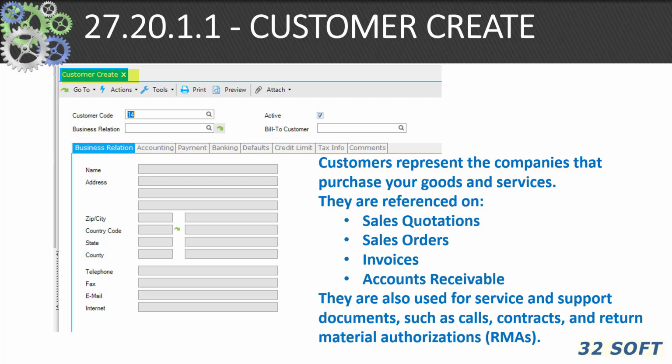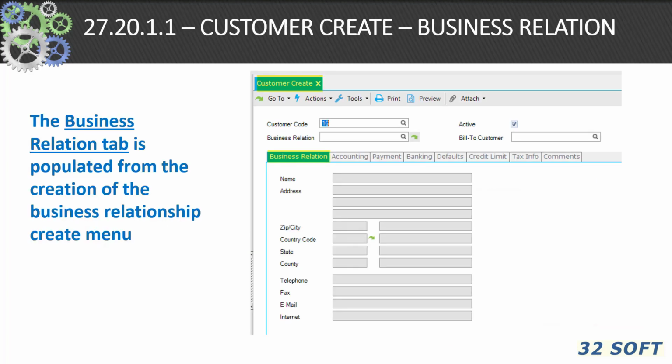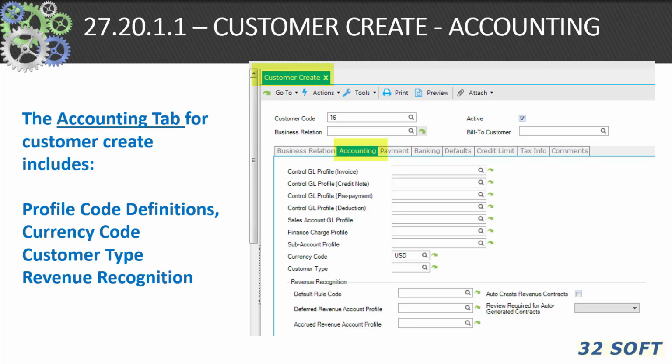The 27.20.1.1 customer create. This is for people you sell goods and services to. So this is referenced on sales quotations, sales orders, invoices, service and support contracts, return material authorizations. So these are critical to the operation of your system. We get the business relationship tab in the customer create from the business relationship we talked about before. There's an accounting tab, as there is with supplier, where you set GL profile codes, currency types, customer types, and some revenue recognition